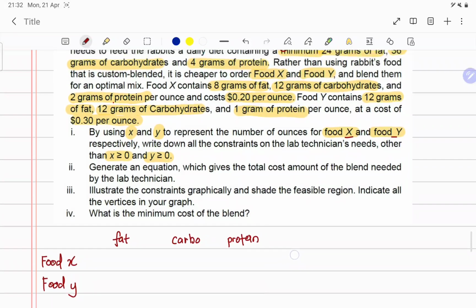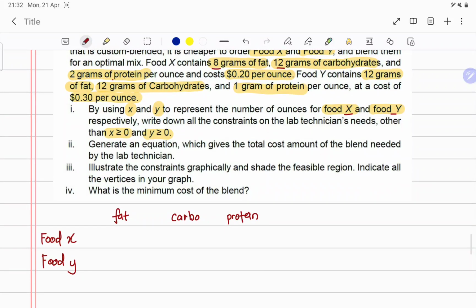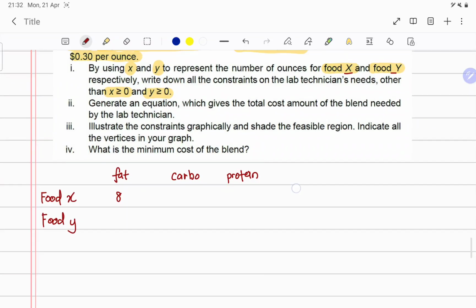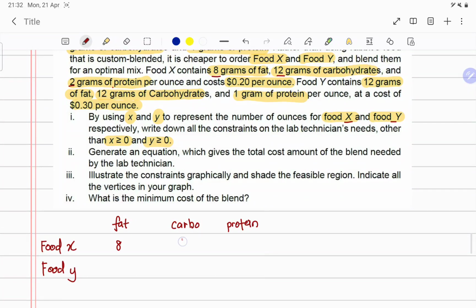So for food X, we have 8 gram of fat, 12 gram of carbohydrate and also 2 gram of protein. So 8 gram of fat, carbo is 12, protein we have 2. And also we have cost, so we can put cost here. Cost is equal to 0.20